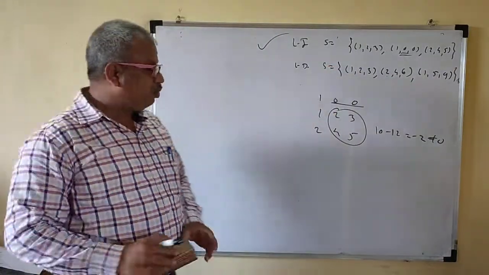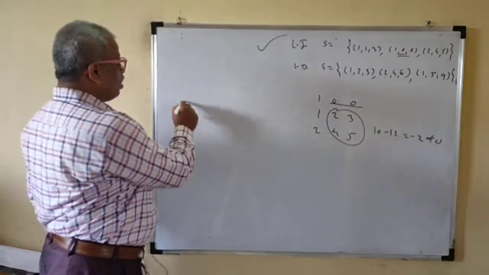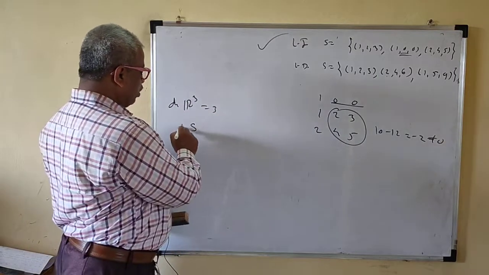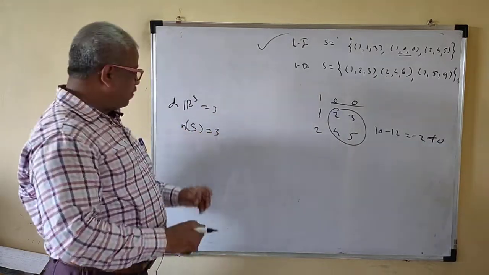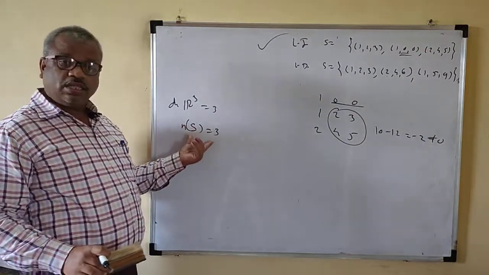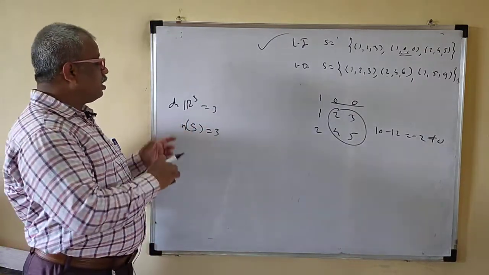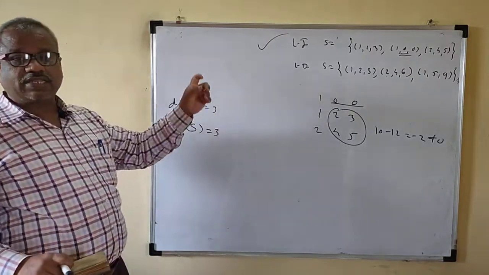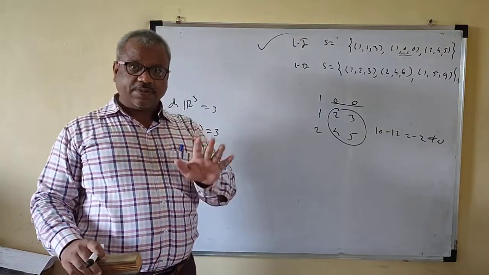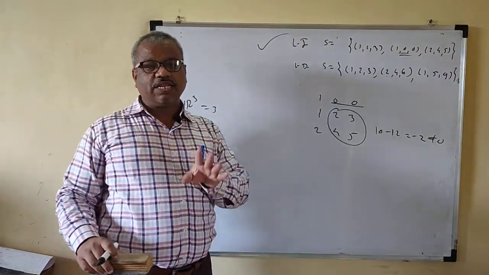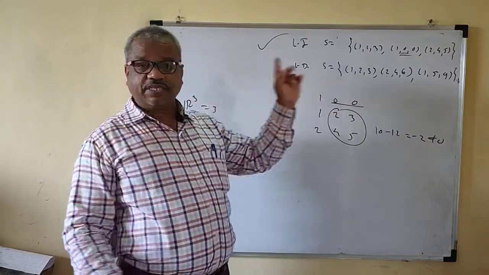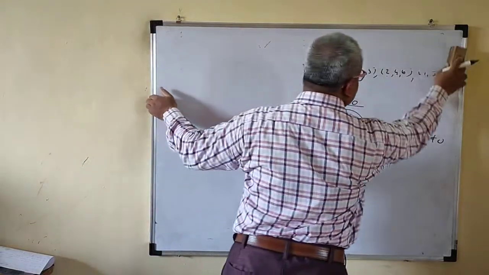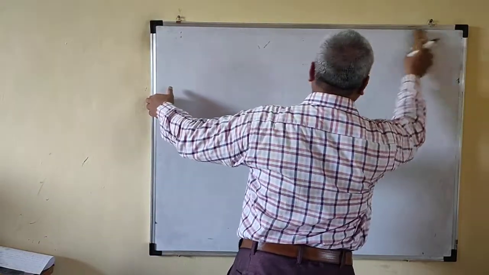Okay, so if we know the dimension of the vector space, here R3, the dimension of R3 is 3, and the number of elements in S is 3. So if S is linearly independent and containing n vectors, where n is the dimension of the vector space, that means if the dimension of V is equal to n, then every linearly independent set containing n vectors is always the basis. Okay, so I hope you understand how to check whether the set is a basis or not, just by observation.